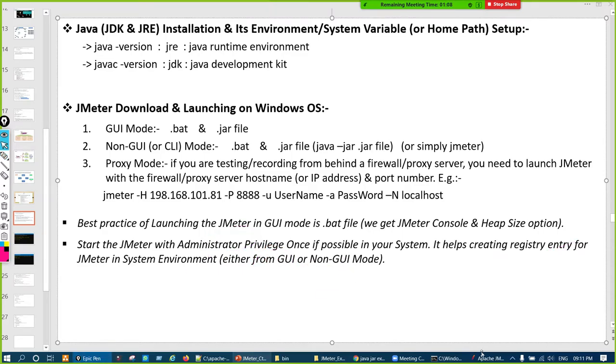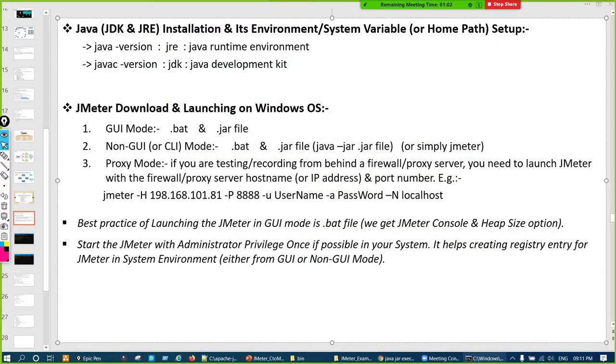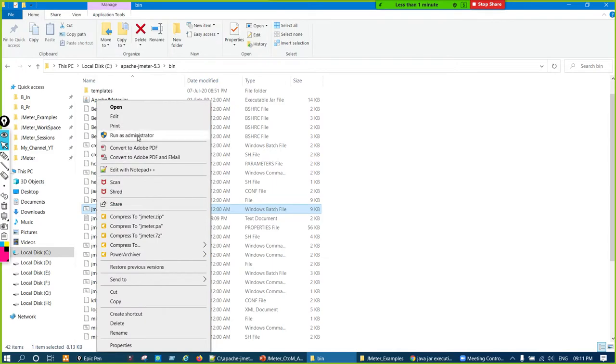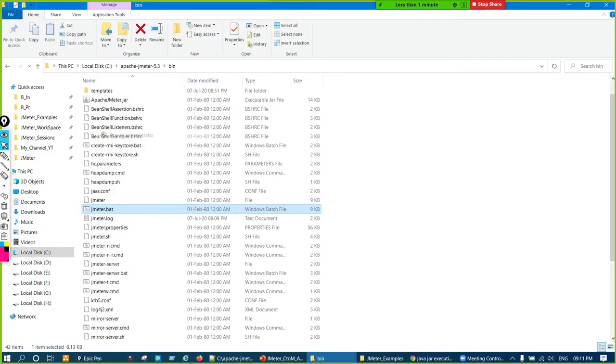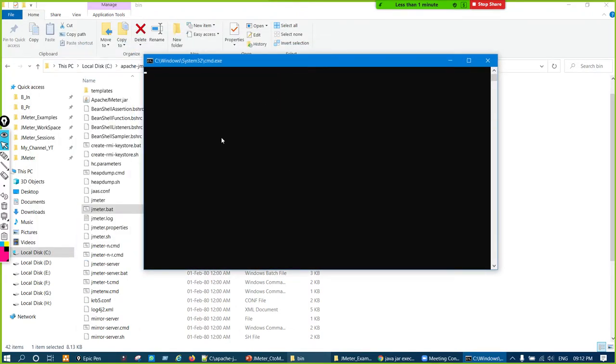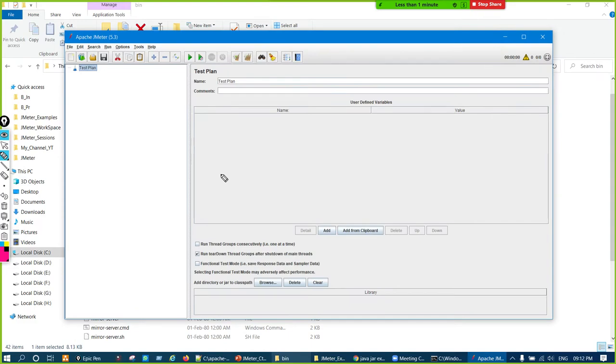So how to do that? You can go here and right click over here and run as administrator, okay, like this. JMeter will open with administrator privilege, and we have to do it once, at least the first time. First time means at least once you have to do it in your system. Okay, but that thing is not mandatory. It's not mandatory. It's good.